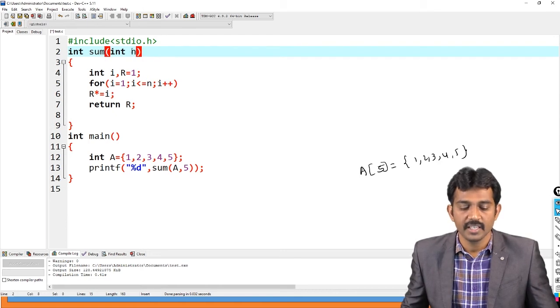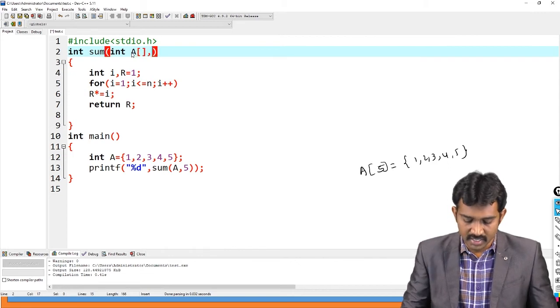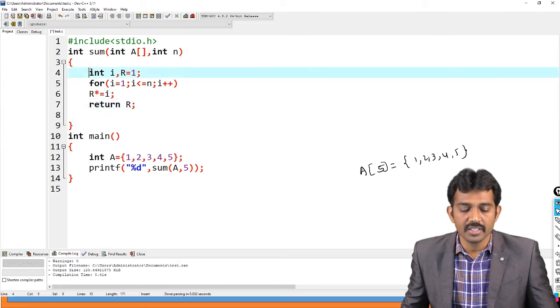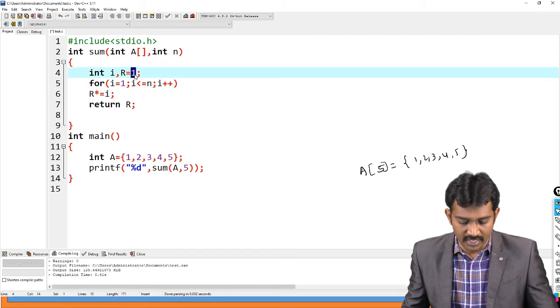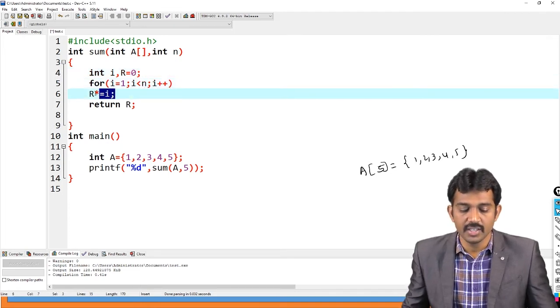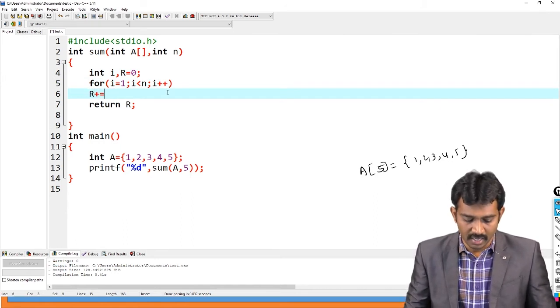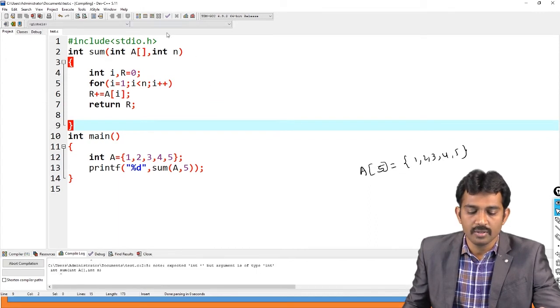Sum, right? Here a is a variable, this is the array, and int n. Next, our task is to find the sum of all the values. So I'm going to take result as 0 because it is the sum. The initial value is 0 and repeat from 0 to less than n. Each time my task is to add that value to r, a of i. That's all. If you run this code,